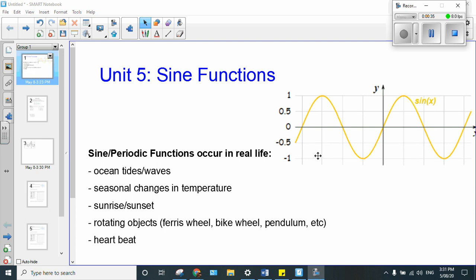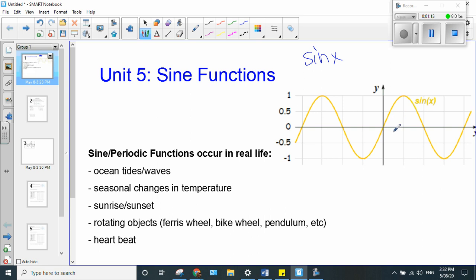Some of it will be a repetition of what we did in Unit 2, so it's not going to be completely new, but you will see some new terms that you might not have seen before. Like I said, it's going to be on sine functions, and yes, this kind of comes from SOHCAHTOA, where we're going to be graphing sine x as a function, so as a graph. And this is actually what it'll look like, and we will get into that, not quite today, but in the near future. So today we're going to be looking specifically at periodic functions, but the sine function is within periodic